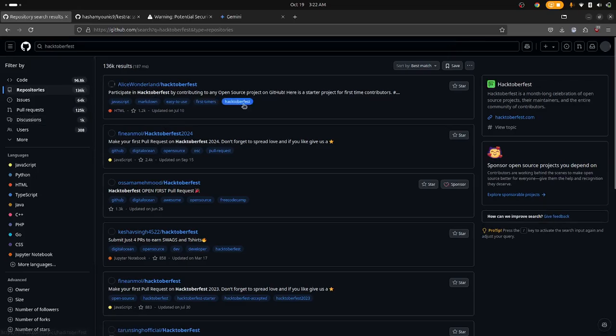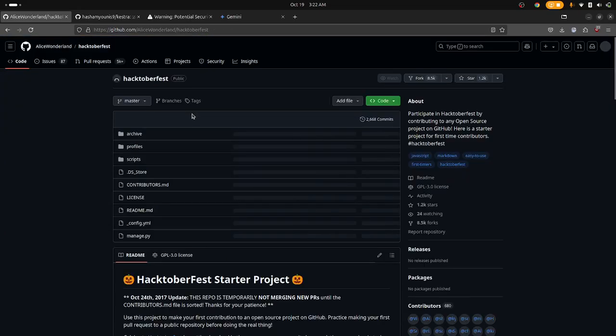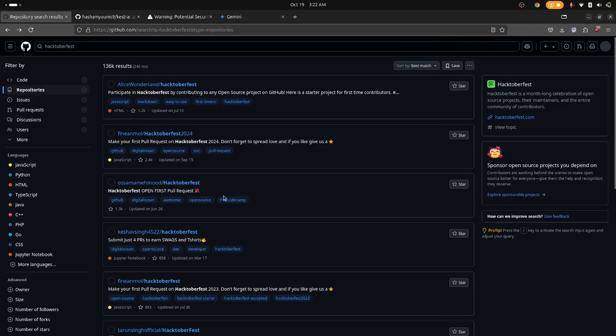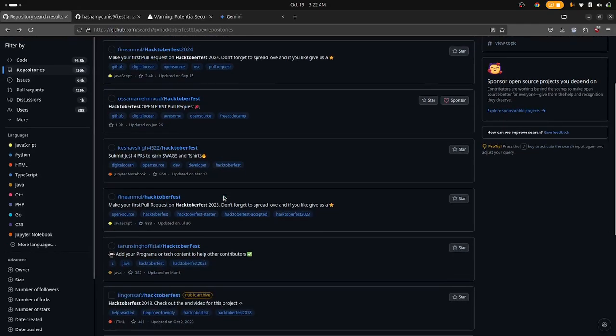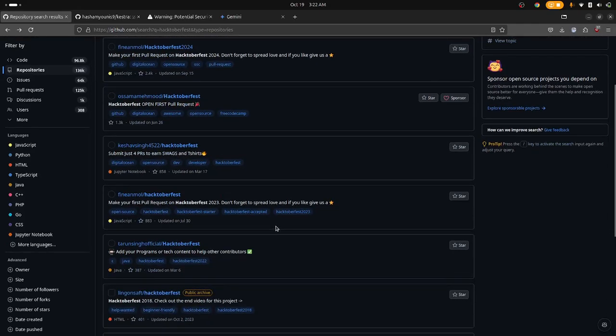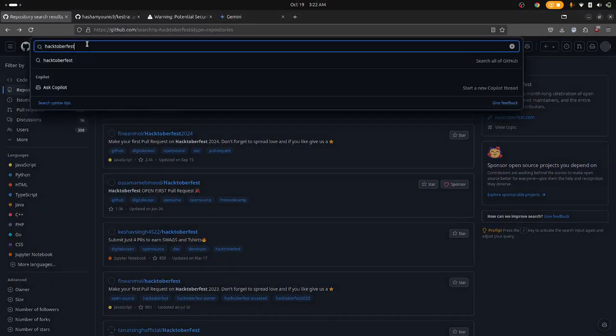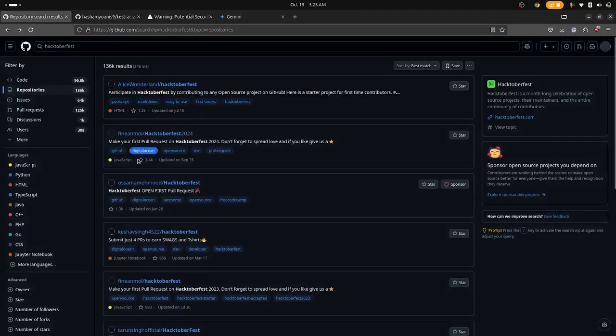So it has the label Hacktoberfest, so I can now go to this project. Okay, this is, I think, the original project. You can search for the label Hacktoberfest, and for the project that has this label,